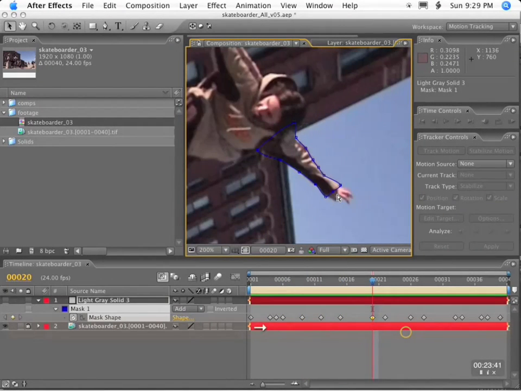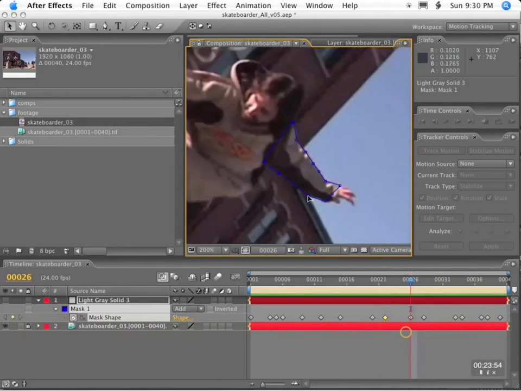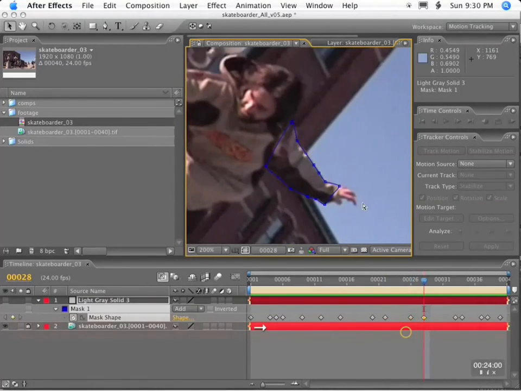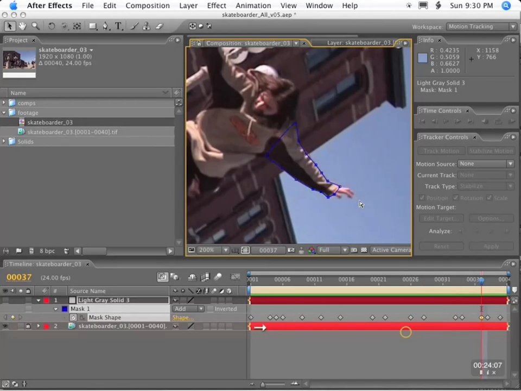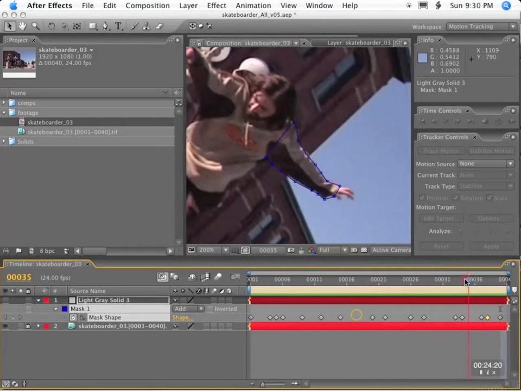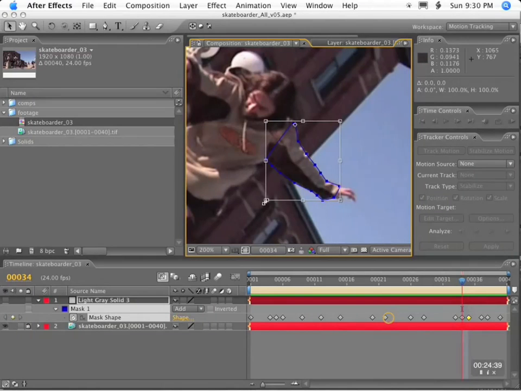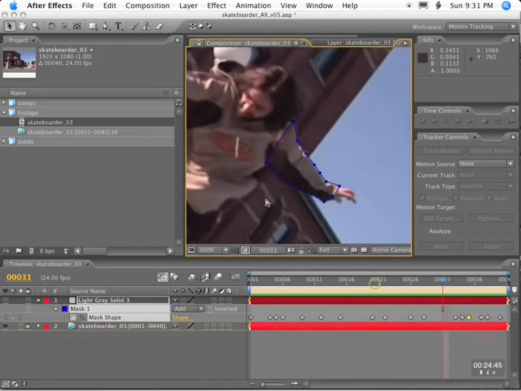So now I'm just hopping between the keyframes, the main keyframes, and getting them all to conform properly to the arm. And once I get them in, I'm using the up and down arrow keys, by the way. You can see, to get this stuff into position. I'm double clicking the shape in order to get the transform box. I'm offsetting the anchor point